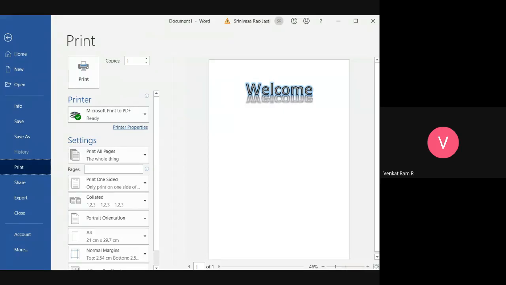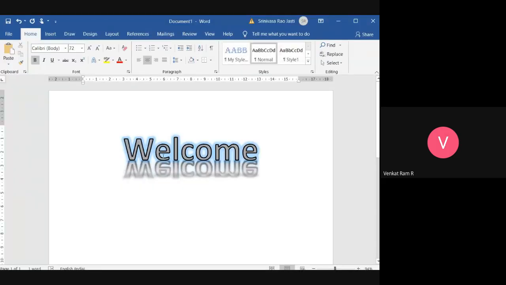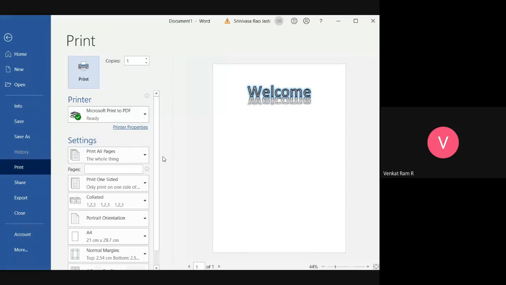So you understood what I told? Control plus P is given in your textbook for paste. Please change that to Control plus V. Control plus P is the only option for print. See here, I am typing Control plus P. Directly it will take you to the print command option. See here, I didn't go to the file tab and I didn't select the print option. Directly it went. Okay.